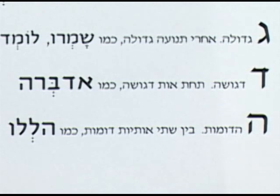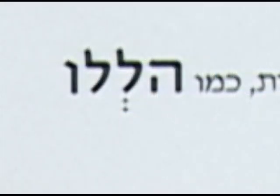Then the final letter, the hey. Hey doesn't really stand for anything with a hey, but hadomot. Hey is the. Hadomot. Similar letters. Sometimes you have two letters in a row, like hallelu, romimu. So what do you do? How are you going to pronounce it? Hallu? What are you going to do? Hallelu. These two dots will help you distinguish between the two letters. You can't have a double L. You can't say hallelu. There's never two consonants together in Hebrew. So rather it's hallelu. There's a short I. You pronounce the Sheva. Hallelu. That's it. Those are the 5 simple rules of when you pronounce the two vertical dots, the vowel known